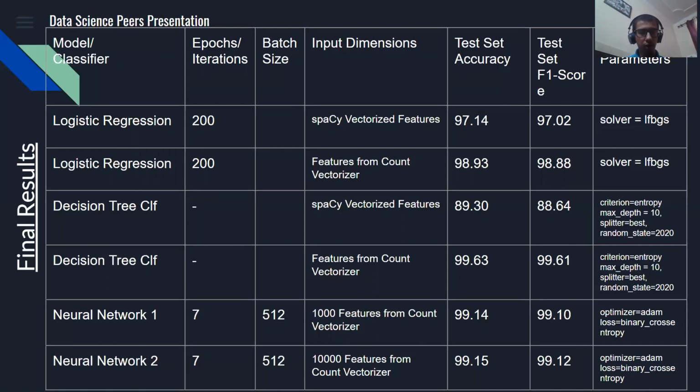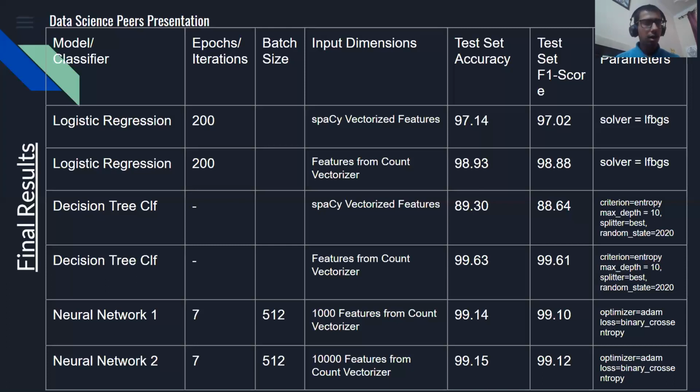I did it 2 times and got quite good accuracy, around 99.63%. And here I would like you to note the parameters that I have chosen: criterion I have set to entropy, and the max depth of the decision tree is kept to 10,